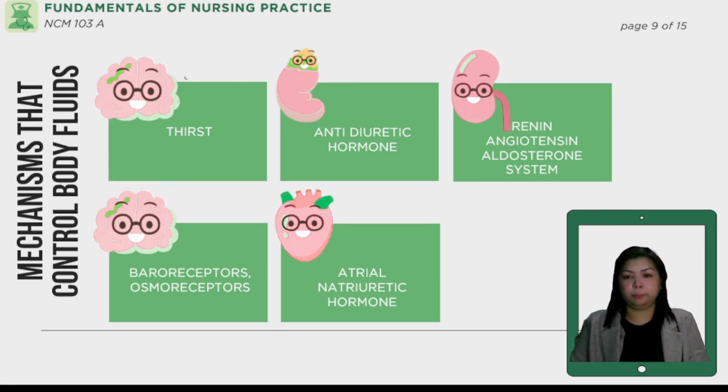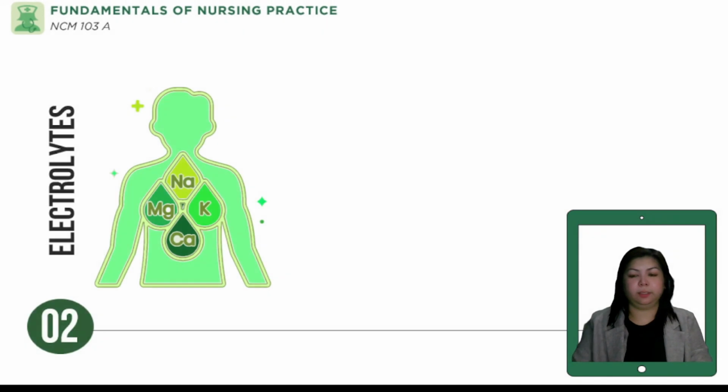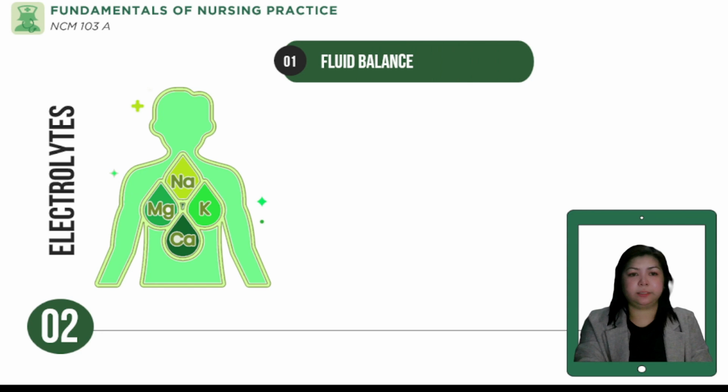So now let us talk about your electrolytes. Electrolytes primarily are important and crucial to perform daily functions, primarily of conducting electricity, and are present in all body fluid compartments. Number one purpose or function of your electrolytes is for maintaining fluid balance. Electrolytes help regulate the distribution of water throughout the body's fluid compartments. Primarily, they influence osmosis, which is, of course, the movement of water across cell membranes, primarily to maintain hydration status